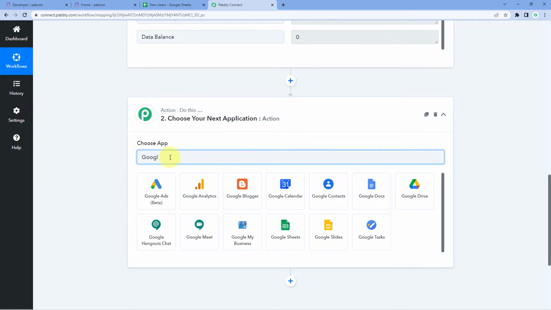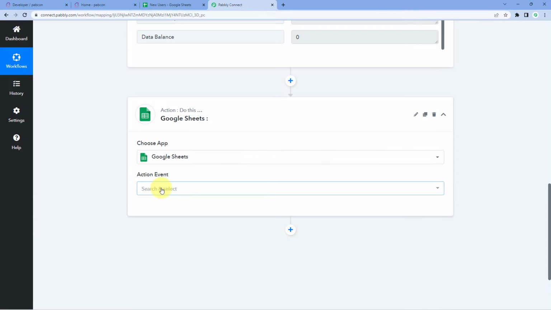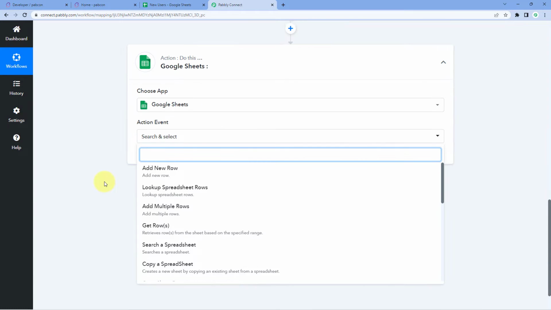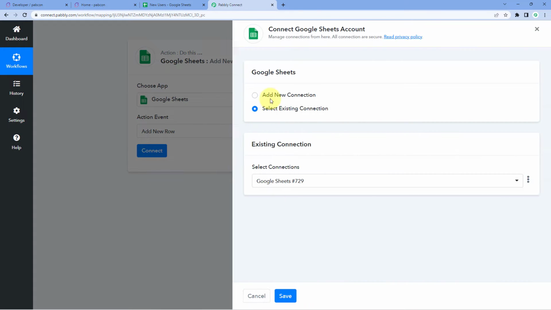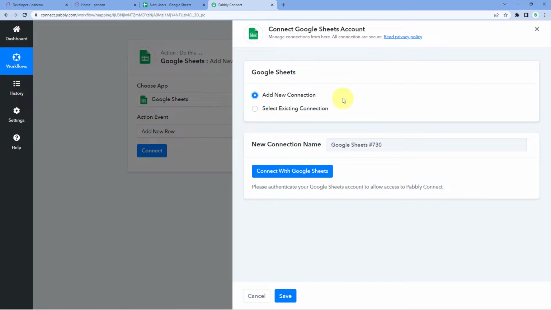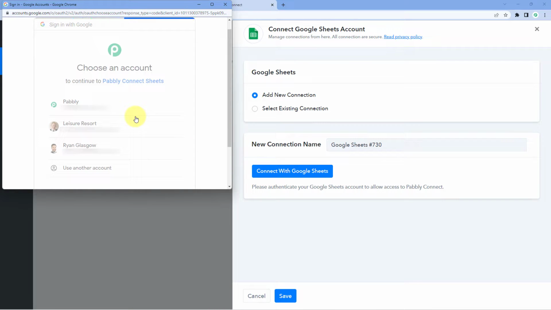And here in Choose App, we will search for Google Sheets. Select Google Sheets over here. And after that, in Action Event from the drop-down, select Add New Row. Click on Connect and select Add New Connection. Now here guys, we have to connect our Google Sheets account with Pabbly Connect. And to make this connection, just click on this Connect with Google Sheets button, select your Google Sheets account,